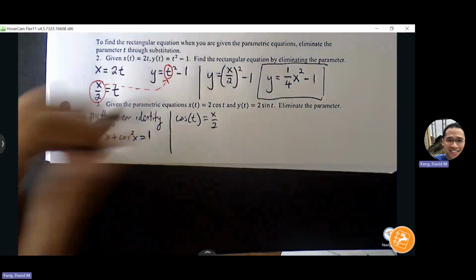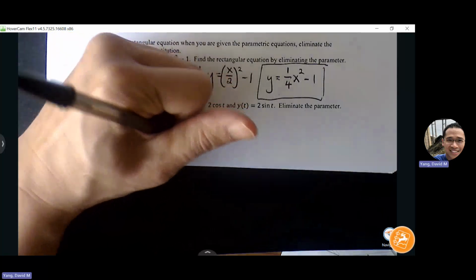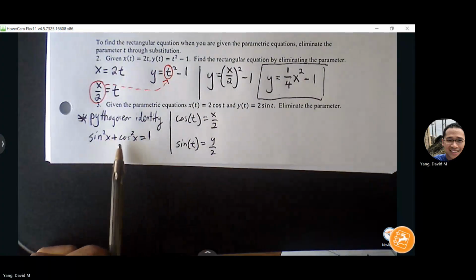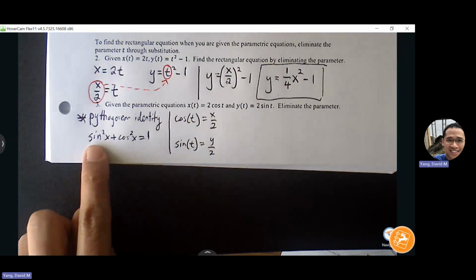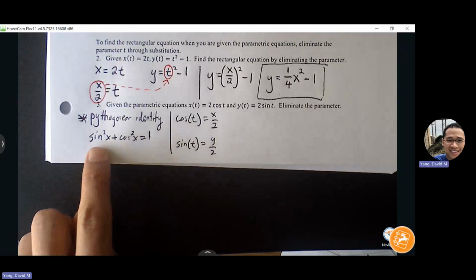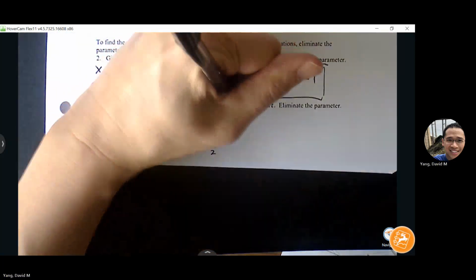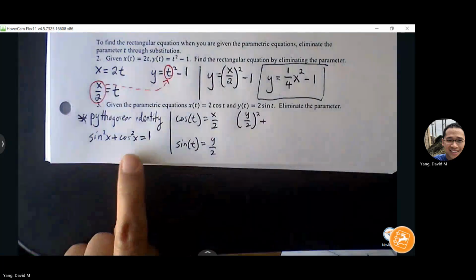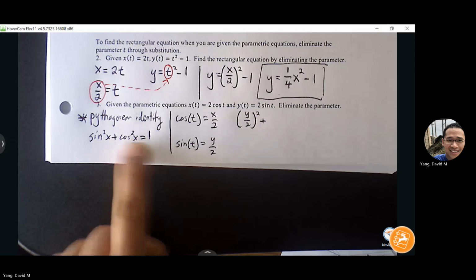And then sine of t is equal to y over 2. So we know that cosine squared plus sine squared equals 1, right? And if I have that relationship, I can make a substitution in terms of x. I can replace sine with what? Yeah, y over 2 squared, right? Replace cosine with x over 2